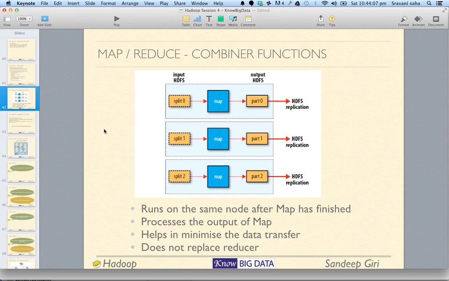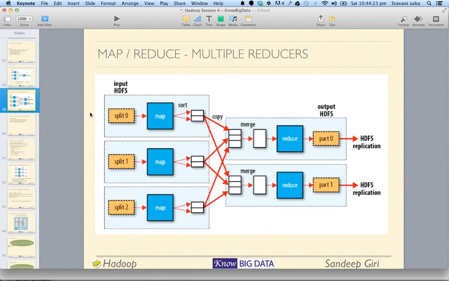So it runs on the same node. Okay. So whatever output comes from the mapper is first run through a combiner before sorting the data. So in this diagram, you can think of the combiner